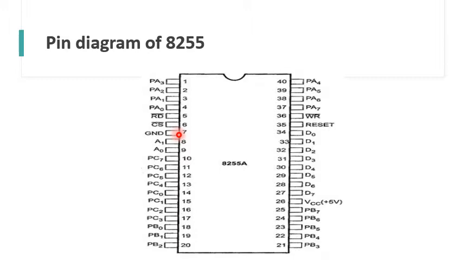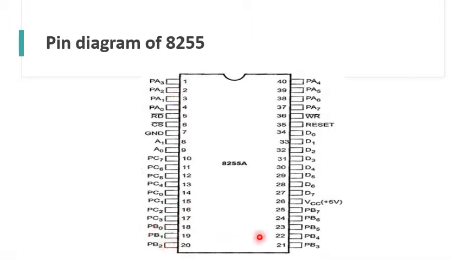There are 8 pins, PA0 to PA7. These PA0 to PA7 pins, which are pins 1, 2, 3, 4 and 37 to 40, are 8-bit bidirectional I/O pins used to send data to an output device and to receive data from an input device. Next, coming to port B,